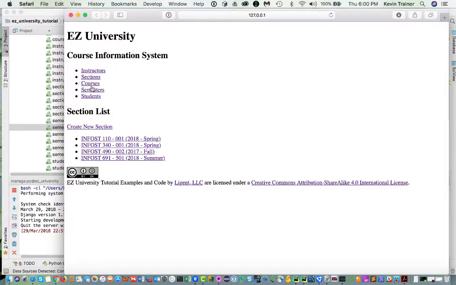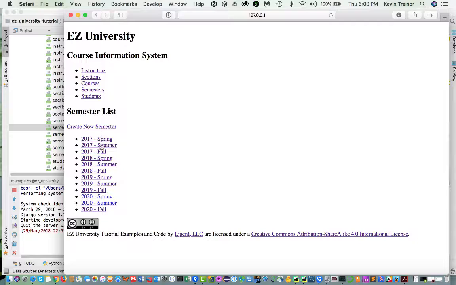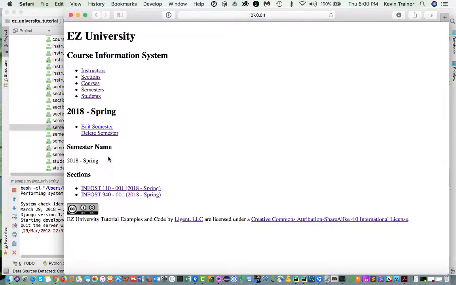In the section list, let's go to semesters and look at the order that they're in. By year, by calendar period, but it's chronological because we use that kind of intelligent key for the primary key for calendar period. So it's coming out spring, summer, fall, which is not alphabetical order. So that's coming out nicely. And then if we go to a detail page for semester, it's coming up the right way here too. It is synthesizing the name again. Okay, so pretty good